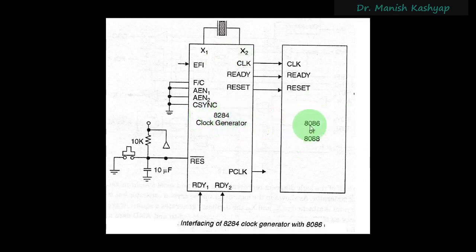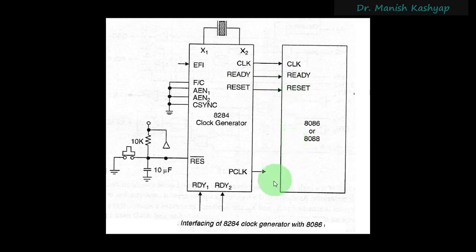And as far as this 8086 IC is concerned, we are mainly looking for these four outputs. First is the clock signal. Obviously we have to have a clock signal in our microprocessor. Then this IC also generates ready and reset signals. These ready and reset signals are also generated by the 8284 clock generator. So whenever you press the reset button, your computer will restart, right? That is something which will be given by this clock IC only. So this reset signal will be given by this clock IC to the microprocessor, right?